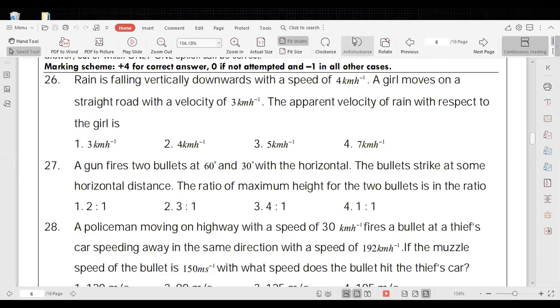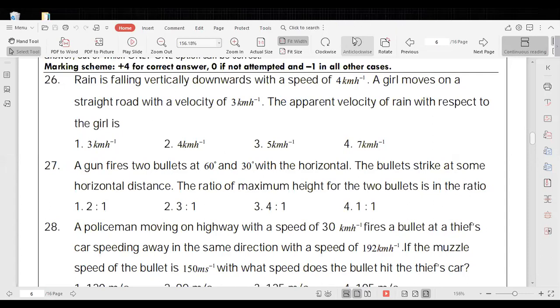As bullet and man both travel along the same straight line, we can write directly without arrow marks. Previously, as the direction of the rain is in this direction, direction of the man is in this direction, relative velocity of rain with respect to man is some other direction. That's why we have written vector form. But in here, all the bodies, policeman, thief, and bullet, all travel along the same straight line only. That's why we can write directly without vector form.